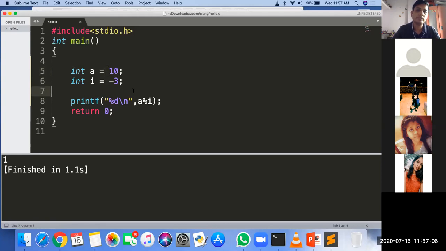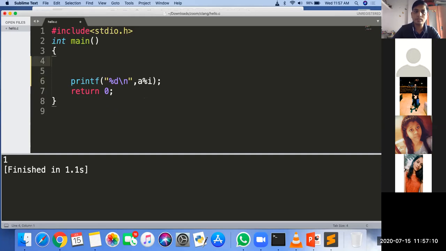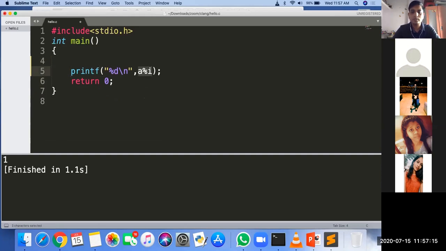Okay. So we can check it with these values. 10 modulo 3, positive, positive. Next one is %d, numerator is positive, denominator is negative.